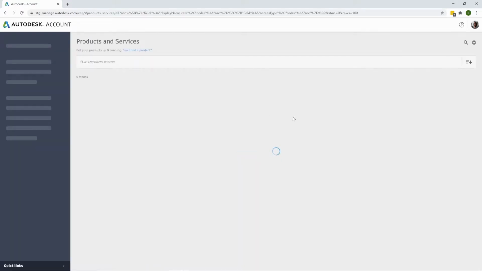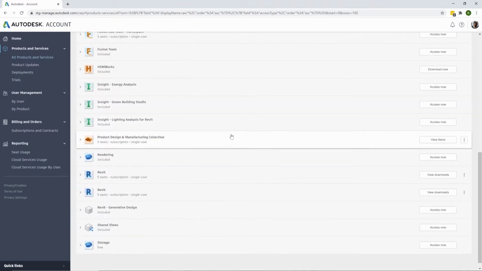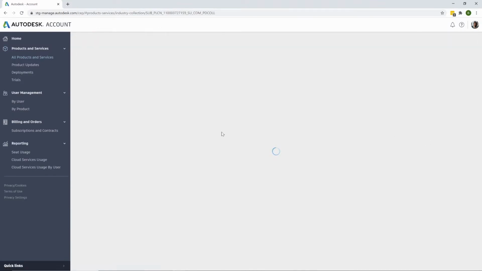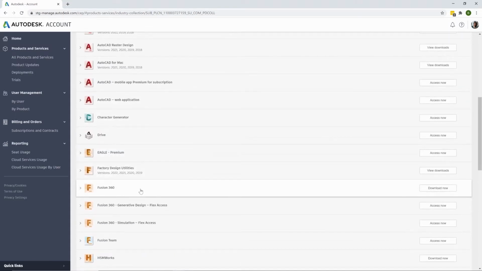If your company has single user subscriptions to the collection and you use Inventor today, odds are you won't have to do anything. You're already a named user and you can likely just use your Autodesk ID to log into Fusion 360. It's possible that some additional configuration is required, and to do that, your contract administrator will simply need